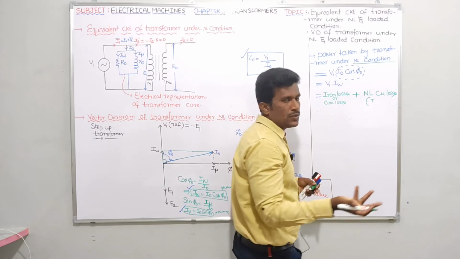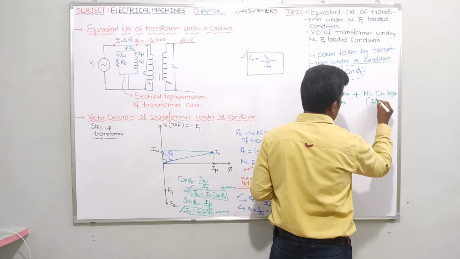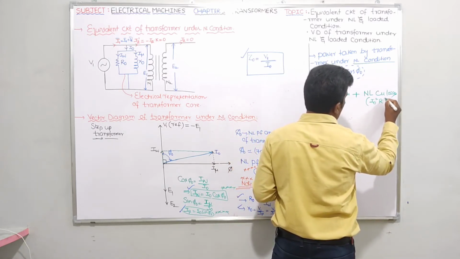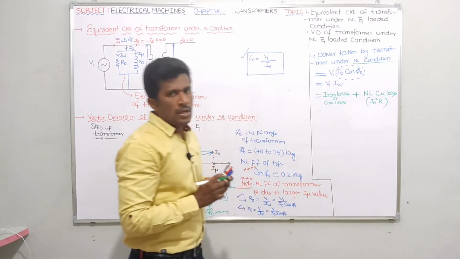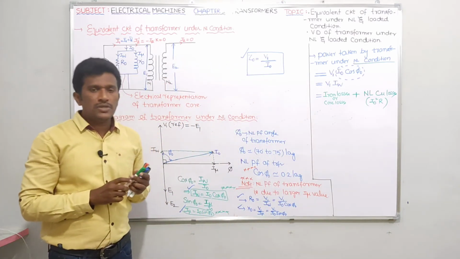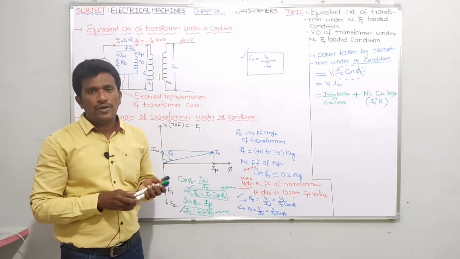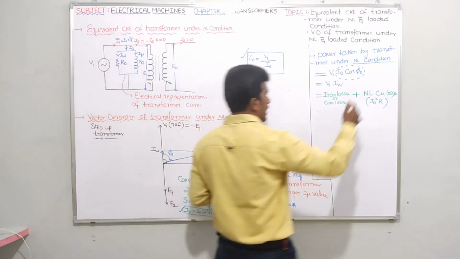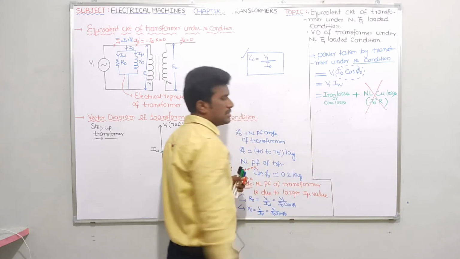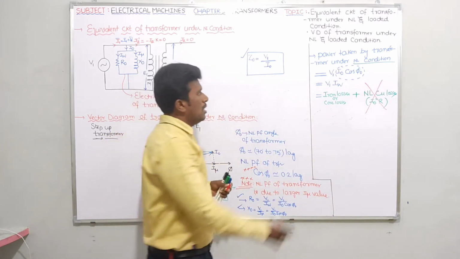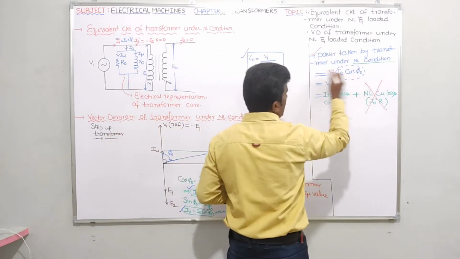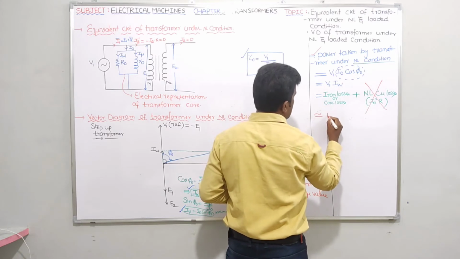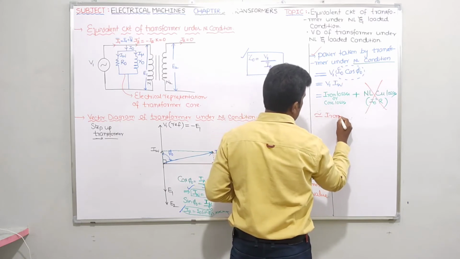I square R. I can say I naught square R. I already told you the value of I naught is 5 to 6% of full load current. It's very less. If I neglect no load copper losses, power taken by the transformer under no load conditions approximately equals what? Iron losses